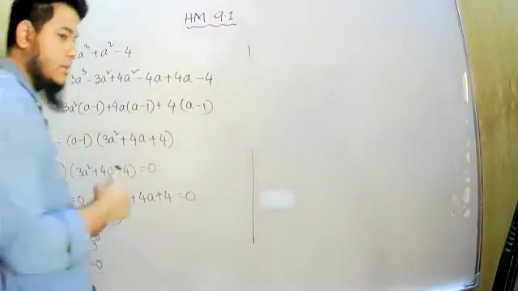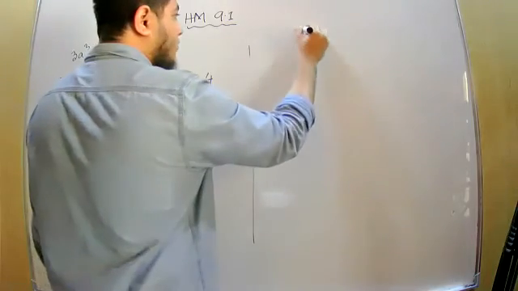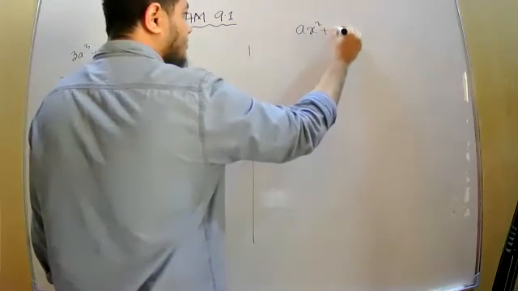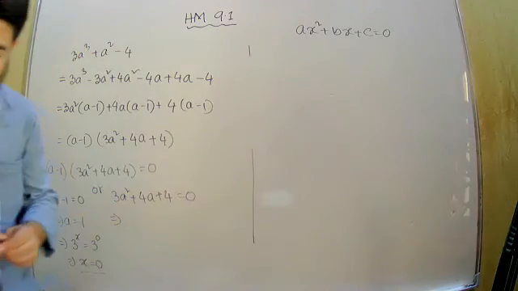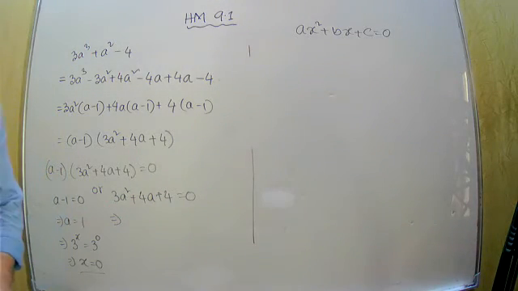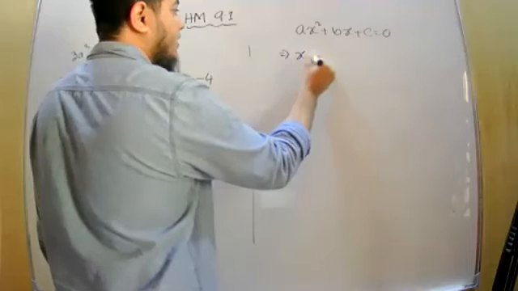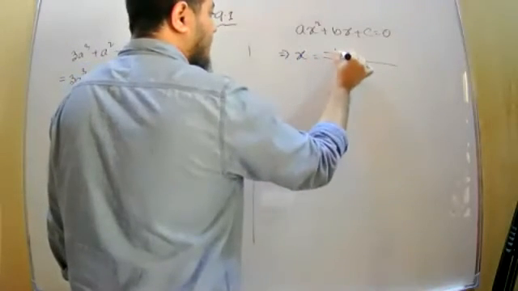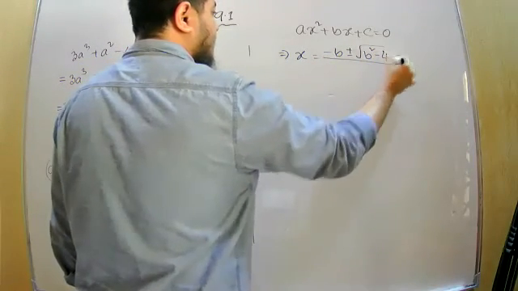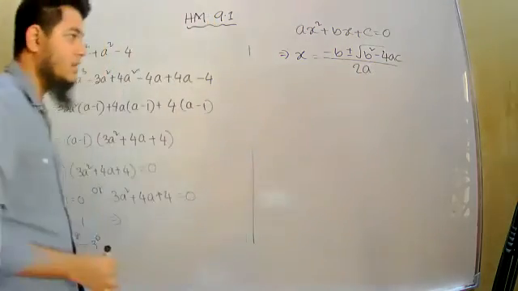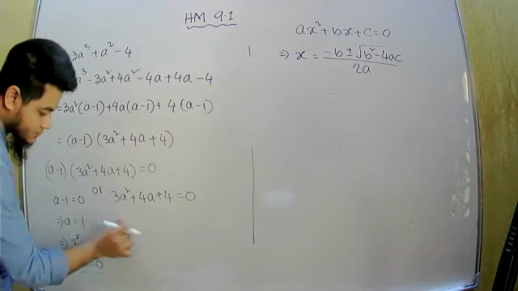You know that in equation chapter 5.1 we have learned one formula, right? ax square plus bx plus c equal to 0. If this is the equation and you cannot solve it through middle term factor or any other method, then from here we can write x is equal to minus b plus minus root over b square minus 4ac divided by 2a. This is the method, right? So if I apply the similar method over here, okay,